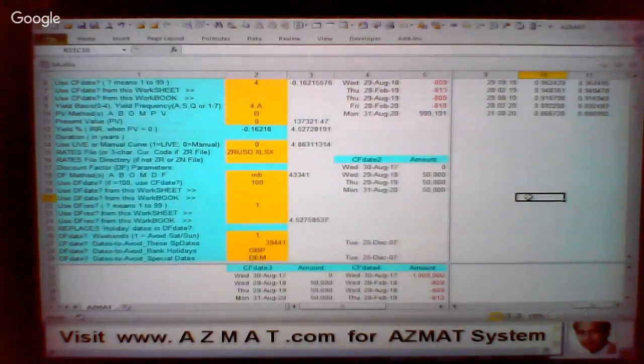That is only if you use Control D, it must be from a worksheet in a workbook which has a worksheet called AZMAT, which has a